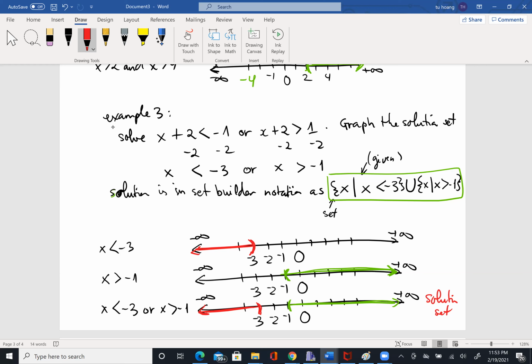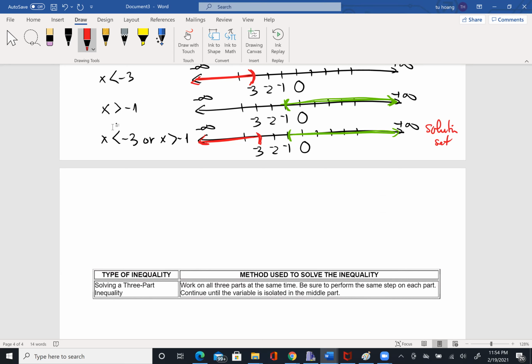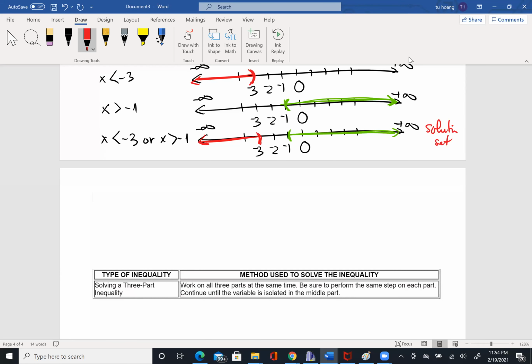Okay, so I have introduced a way of writing the solution in set builder notation. Is there any other way to show the solution? Any other notation that you can have? Okay, so now I'm going to talk about